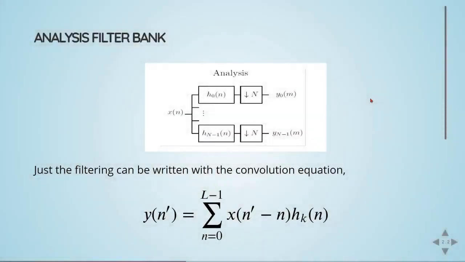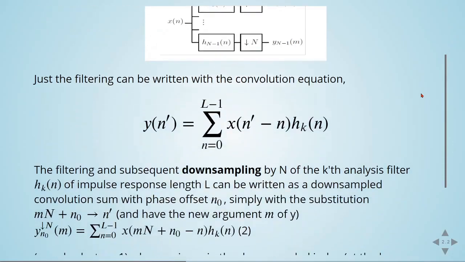Here is the analysis filter bank. Just the filtering can be written with the convolution equation given here. The filtering and subsequent downsampling by capital N of the kth analysis filter H_k, with impulse response length L, can be written as a downsampled convolution sum with phase offset N_0, simply with the substitution